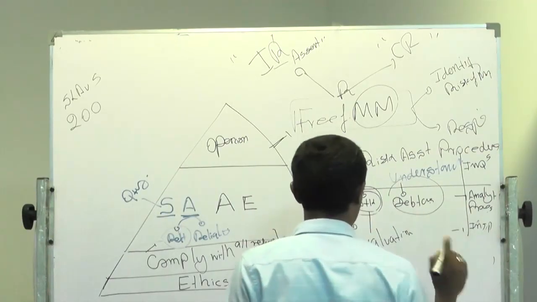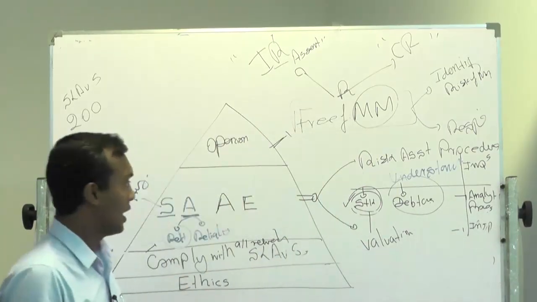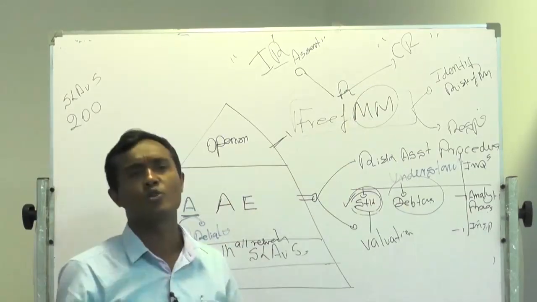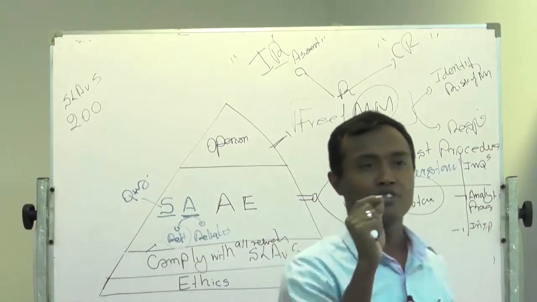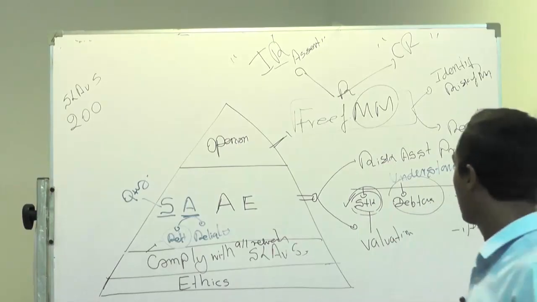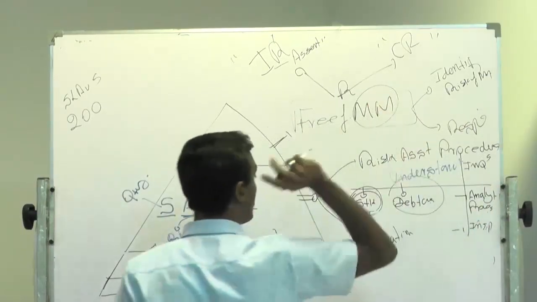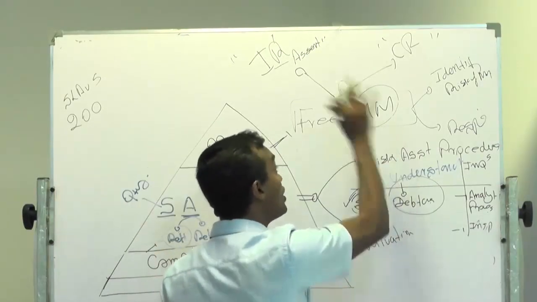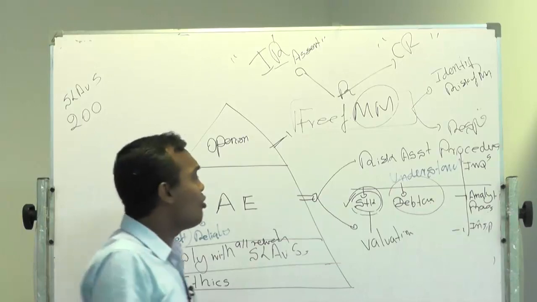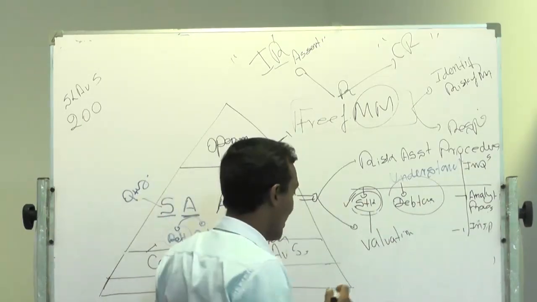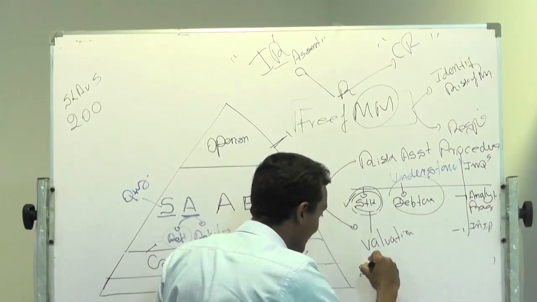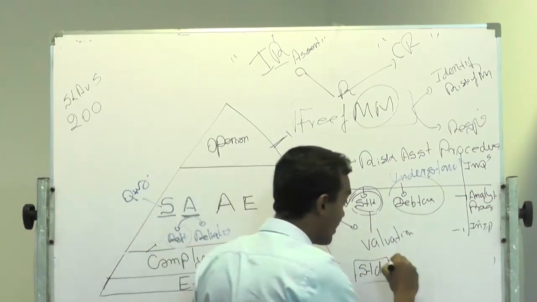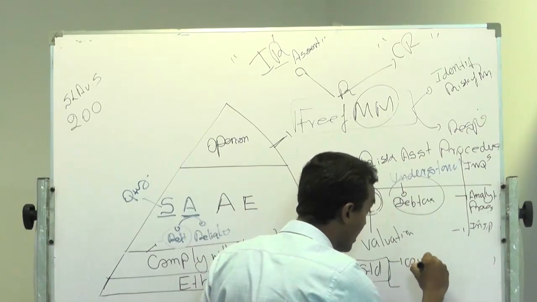Valuation means, now see, when you audit, I ask you a question: what is a misstatement? I am sure some of you can't answer. Misstatement means something is wrong. For you to say something is wrong, it is based on how it should be prepared. How should inventory be valued? The answer is accounting standard. There is an accounting standard to value inventory that says you value inventory using lower of cost or NRV, right?